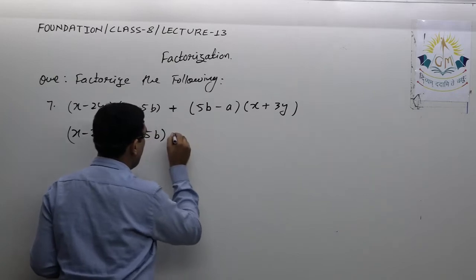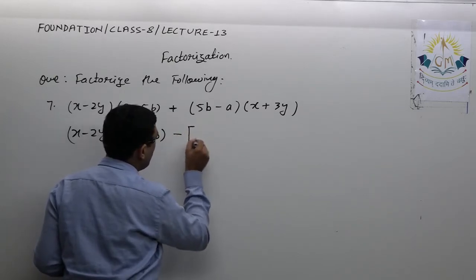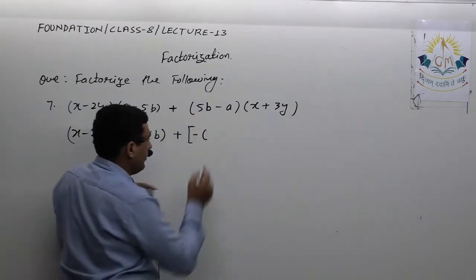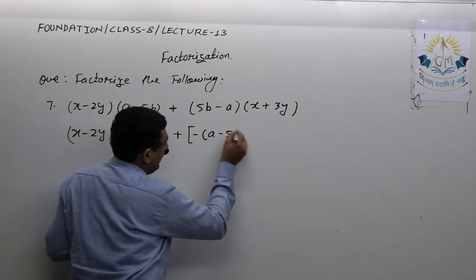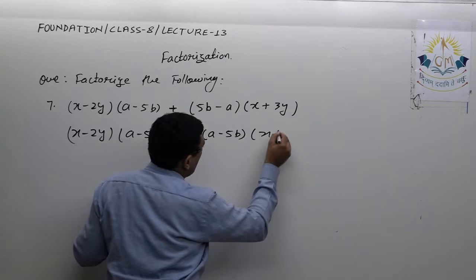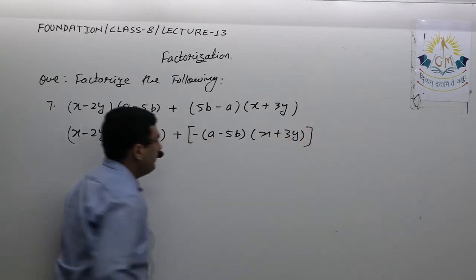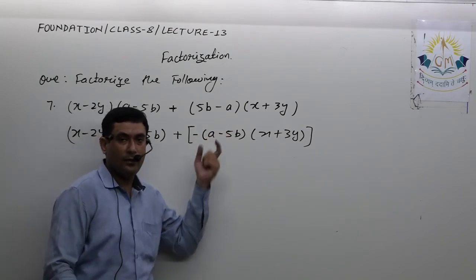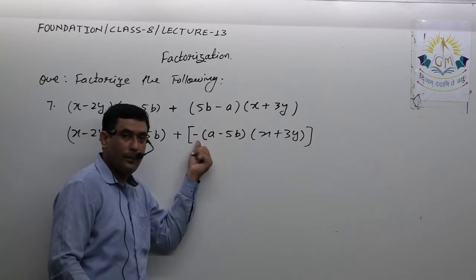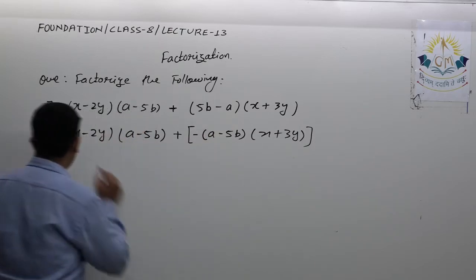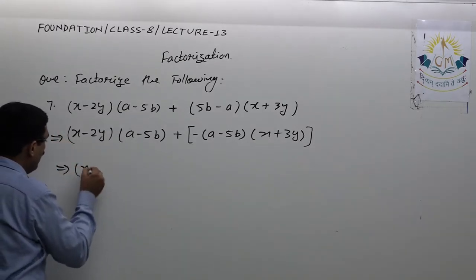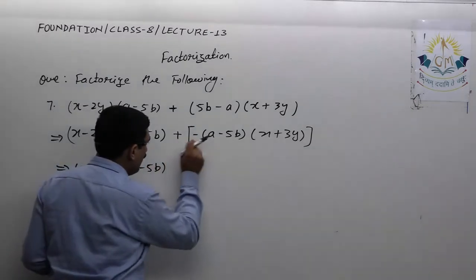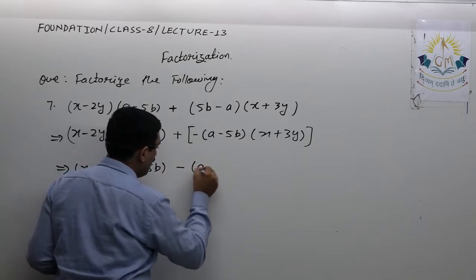Or let me add one more step for you. Here I am actually writing this. This I wrote as it is. Now here I am taking minus sign common, so I will write in this a minus 5b. And this x plus 3y remains as it is. Here I interchange the sign of these two, so I took minus sign common. Whenever we interchange the sign of the terms within the denominator, I will apply a minus sign outside the bracket. So next I write x minus 2y as it is, a minus 5b as it is. Now here it is plus, here it is minus. So plus minus minus. So I write in this way.